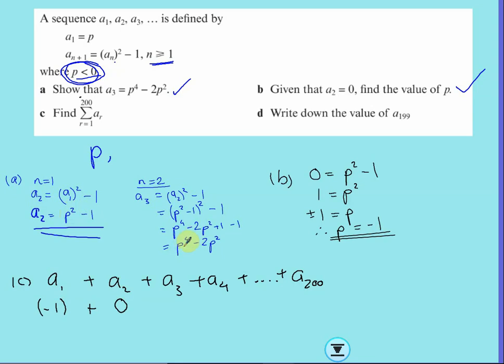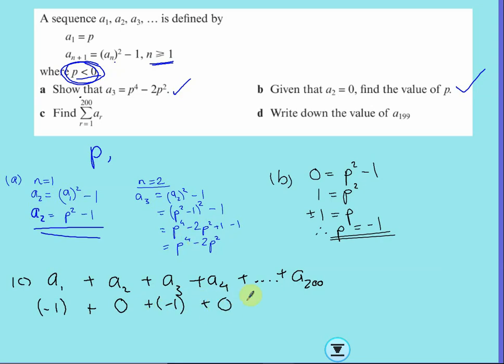So that is p to the power of 4, so even power, so this is going to be a 1 when we square it. Another even power, so it's 1, take away 2 lots of 1, 1 take away 2, we have another minus 1. What do you think A4 is going to be? Well, I could leave you to work it out for yourself, but take my word for it. If you put n to be 3, get the fourth term, you're going to get an expression that when you sub in minus 1 into it,